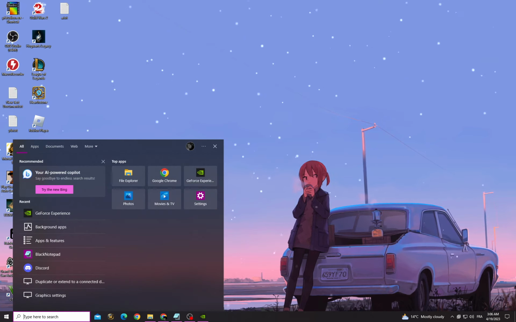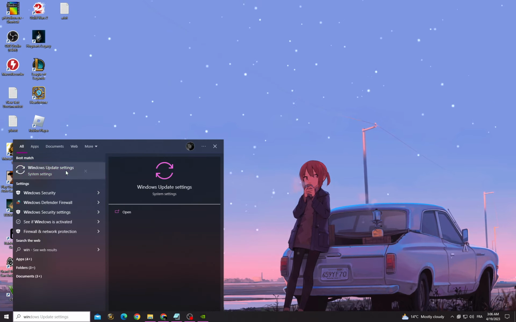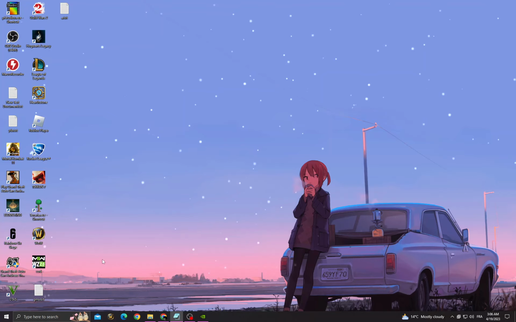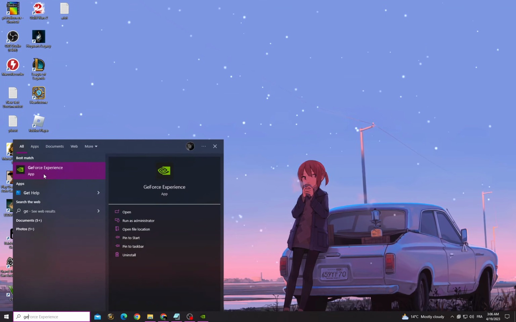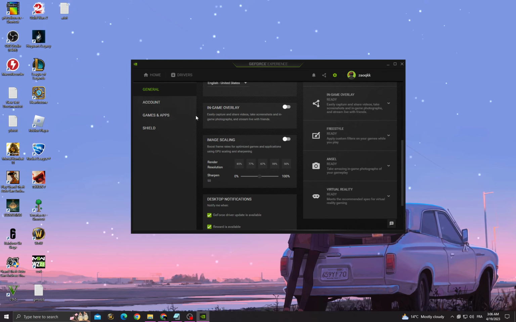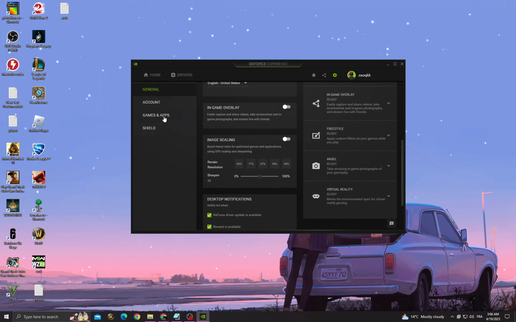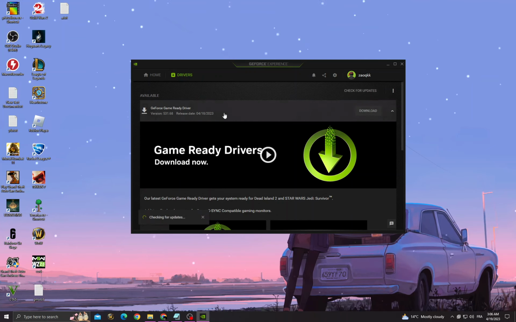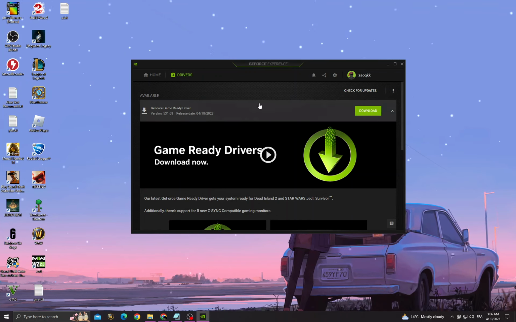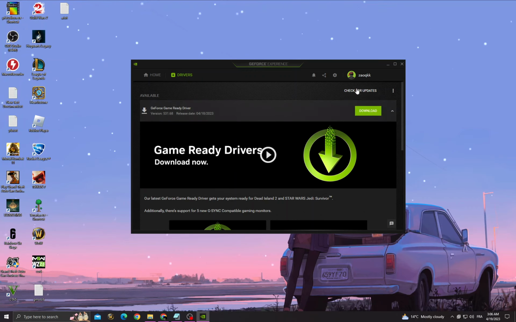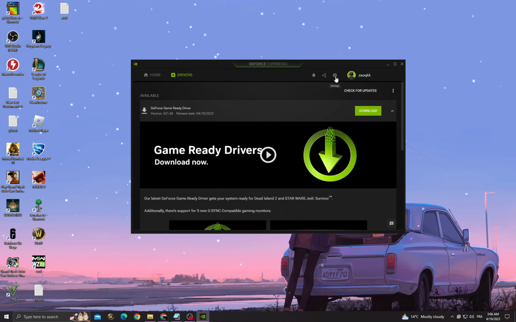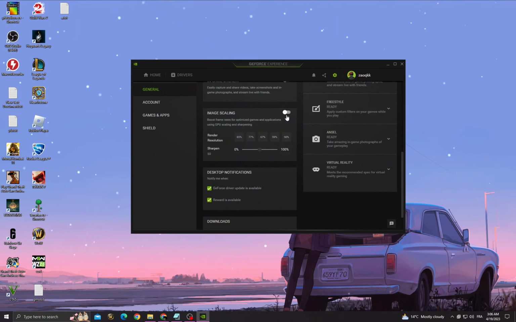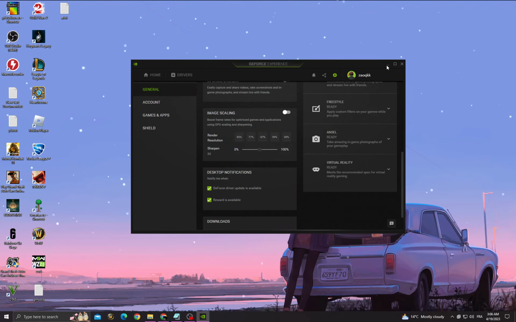have the latest updates. First go to Windows update settings, check for updates, and if you find an update, just install it, and do the same thing here in GeForce Experience. If you can't find this application on your computer, just download it from any browser, and then go to drivers, and here you can find the latest update for your graphics card, so just download it and then install it, and that's it. Then go to settings and scroll down and enable this one, image scaling, and I hope that